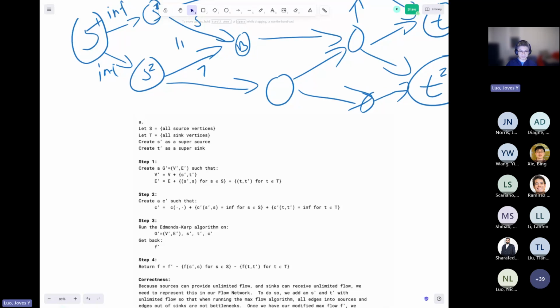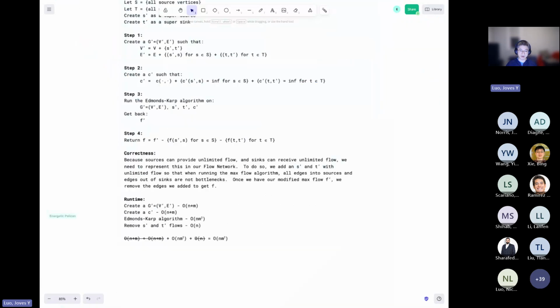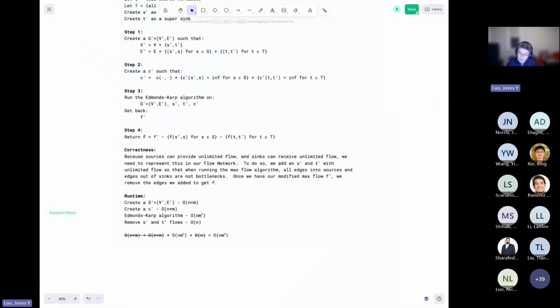But if I say I create a new graph, my creation of this graph is a complete copy of the previous graph plus all the new sources and all the things. So it's going to be O of n plus m, and then creating C prime, which is all of my other capacities plus additional new edges. So my new edges is at most n, and my old edges are at most m. So it's going to be O of n plus m to get new capacities, running Edmonds-Karp over n squared, removing all the flows that are from the super source and super sink is O of n, and so it is